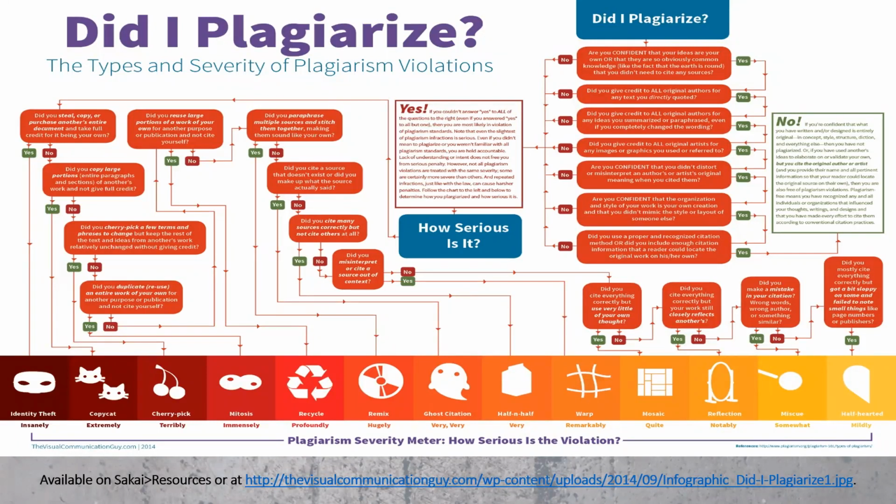This infograph is available on Sakai. I've posted it in a few different places, but it's really useful to kind of break down, plagiarism is not necessarily binary, right? There is accidental plagiarism out of just carelessness or just a simple honest mistake, all the way to really stealing someone's identity or someone's work. But it's all plagiarism, right? So it's easy to accidentally plagiarize, but you still plagiarized, which means you still broke the honor code. And you still just violated someone else's and your own academic and intellectual integrity.